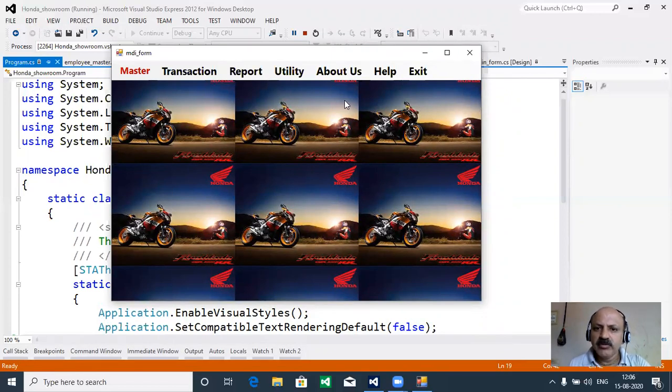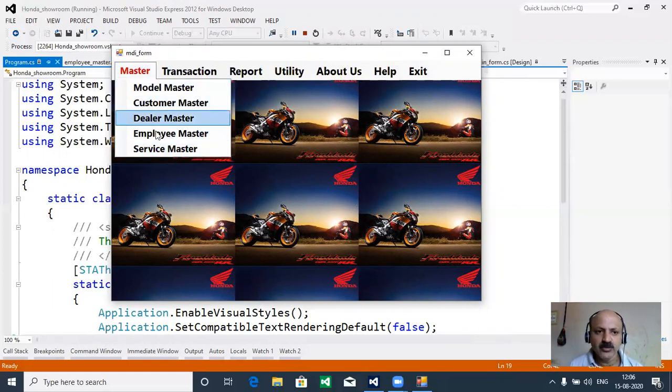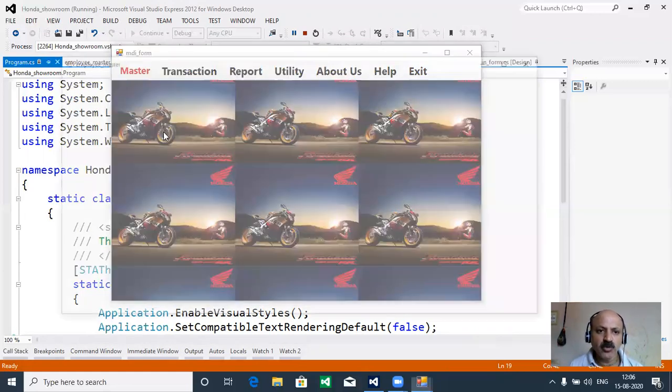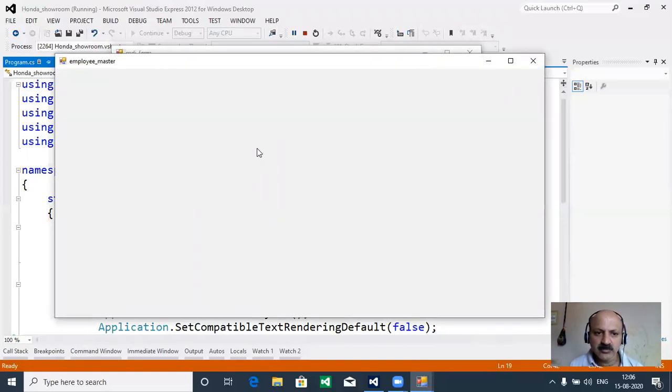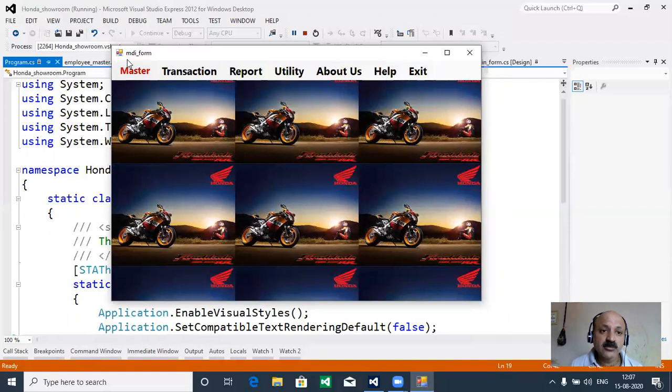So in my upcoming video lecture, I also give that advice on how it is possible in MDA form and then SDA. MDA, we can say that the full form is multi-document interface. So that is multi, means there are so many forms there. That is a form. Menu is there, but we can click like employee, that form is open. So that form is called SDA, single document interface, and MDA is a multi-document interface. So that is known as, some students ask, what is a MDA form? So that is the full form. MDA is a multi-document interface.